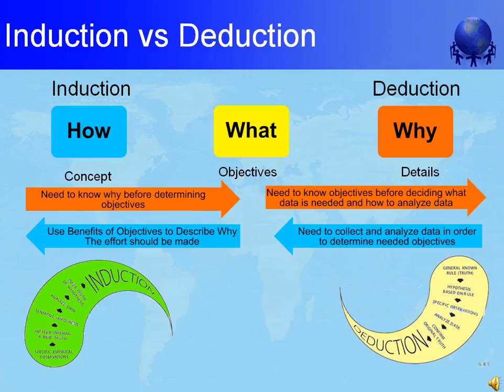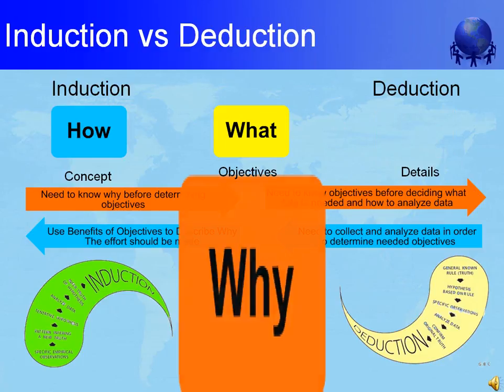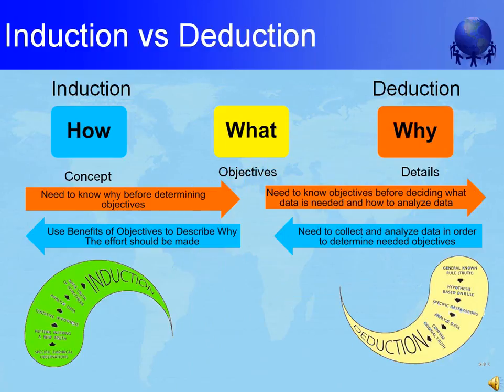Consultants and architects usually think this approach is crazy. Why, they ask, would you want to spend time analyzing data when, without goals and high-level objectives, you don't even know what data is important and what is not? Different cultures are like consultants and operations staff. Some cultures believe the deductive approach is the best way to plan, set priorities, and solve problems. People from these cultures are always asking why. They need to understand why something should be done before they can even start to think about what should be done or how to do it.